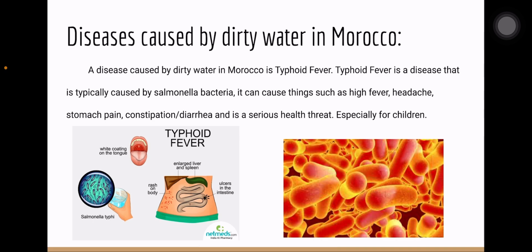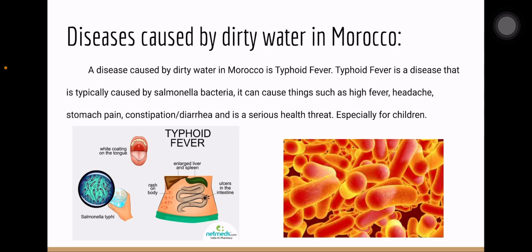Diseases caused by dirty water in Morocco. A disease caused by dirty water in Morocco is typhoid fever. Typhoid fever is a disease that is typically caused by Salmonella bacteria. It can cause things such as high fever, headache, stomach pain, constipation, or diarrhea, and is a serious health threat,